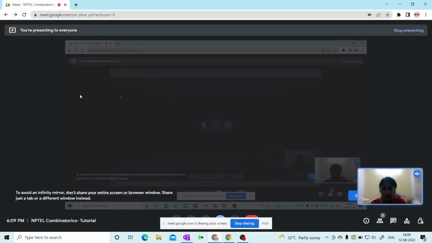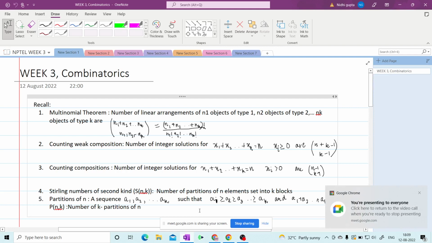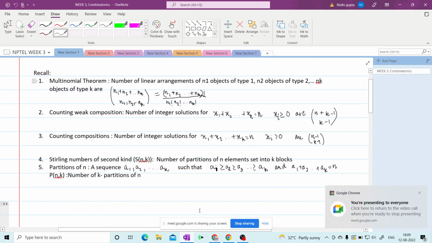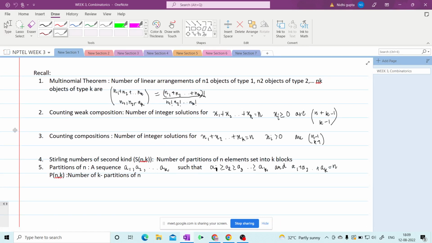I welcome you to the third problem solving session of NPTEL Combinatorics. So today we'll be discussing the problems from the topics covered in week 3. The topics covered in week 3: first, we have the multinomial theorem,